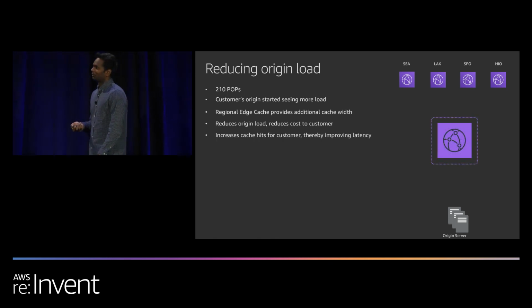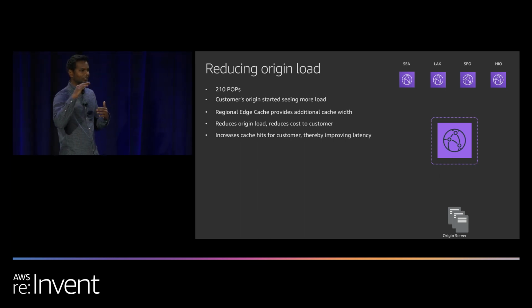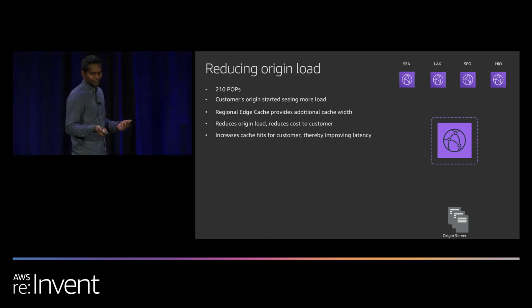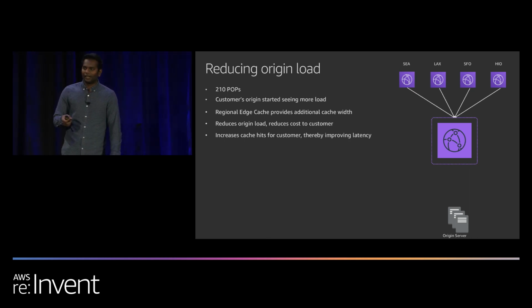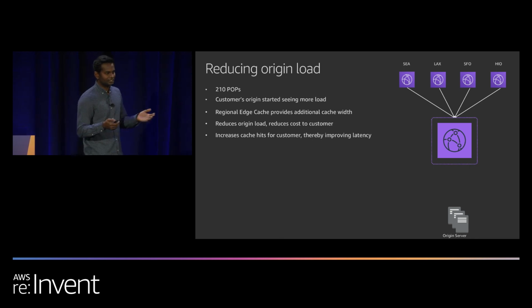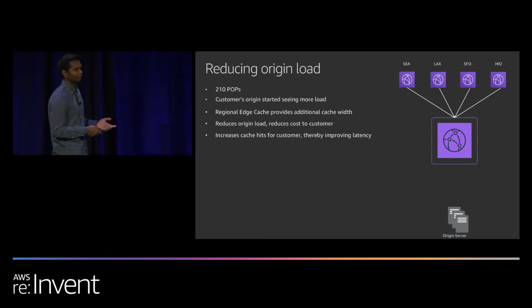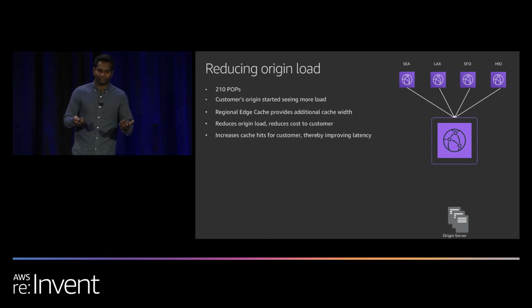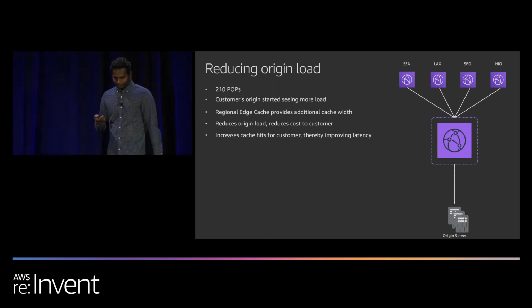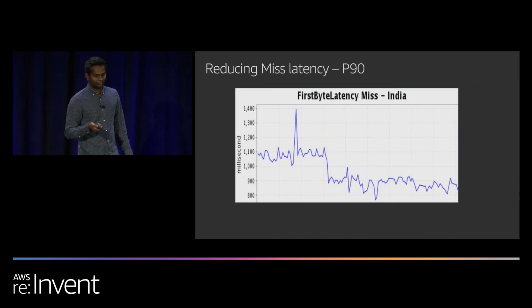So we built a super POP. We called it the Regional Edge Cache. It's the mid-tier cache that sits between our POPs and your origins. And so after building the Regional Edge Cache, if there was a cache miss in our POP, instead of sending the request directly to your origin, it would send it to the Regional Edge Cache. Regional Edge Cache has a humongous cache, so it can save the content there for a way longer period than our regular POP can do. So this reduces a lot of latency for our customers and also reduces the load for them.